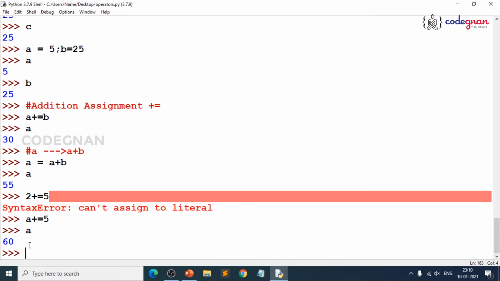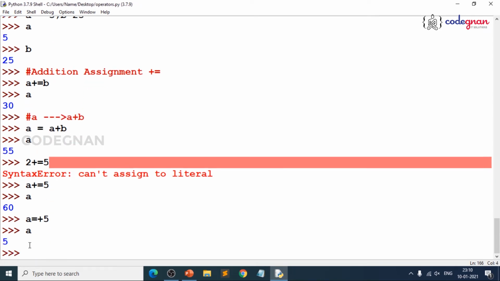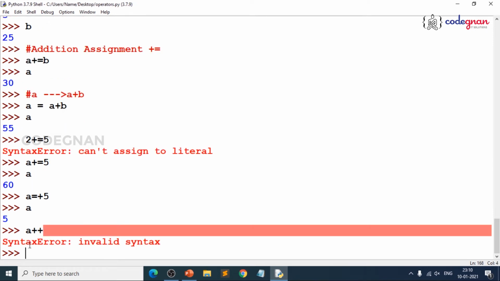Always do that. If you try to do it like this, A equal to plus 5, what happens? A value will become 5. It's not that you have post increment like this in Python, because that is present in C. When you try to increment the values, you use the addition assignment operator, where you add the right operand to the left operand and store the result into the left operand, to make it very simple. Okay.